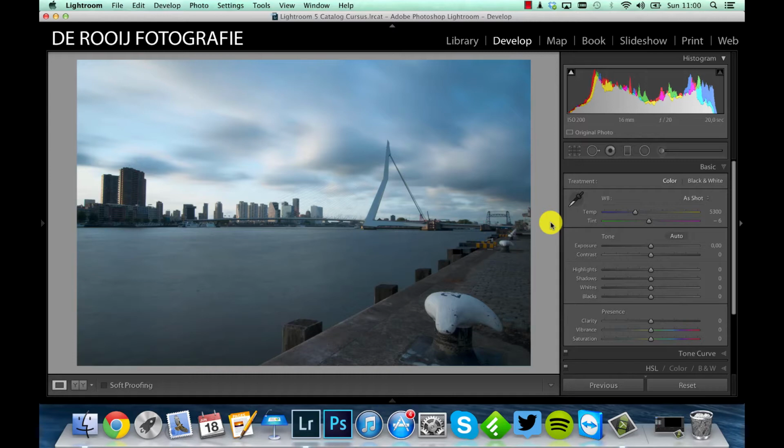In this tutorial I'm going to show you my workflow on this picture. This picture was taken in Rotterdam. It's the second largest city in the Netherlands, and on this picture you can see the Erasmus Bridge over here. It's one of the main sightseeings in the city and a very popular